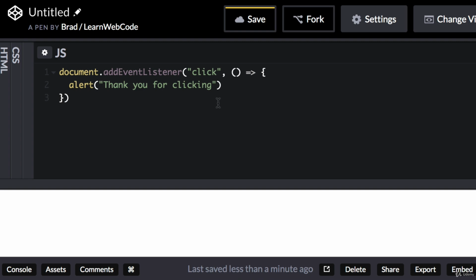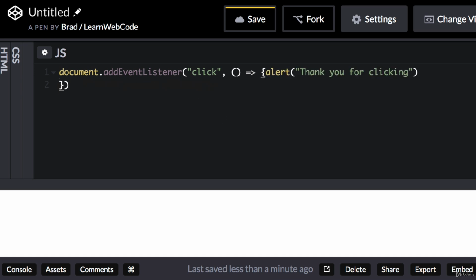Now, believe it or not, we can actually make the syntax for an arrow function even cleaner or even more minimalistic. So let's do this. Inside the curly brackets for our function, let's not jump down to a new line like we usually do. So I want to place my cursor right at the beginning of alert and just hit backspace a few times. And then down at the beginning of this line, we can backspace to put it all up